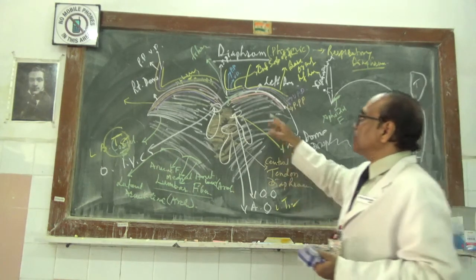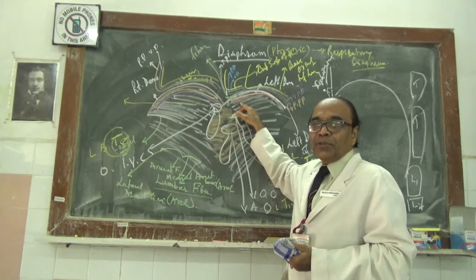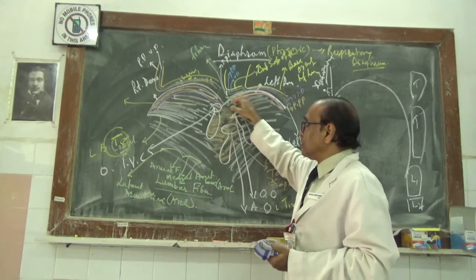But prior to that, it has to go to the parietal part of the peritoneum, visceral, then it can go and attack